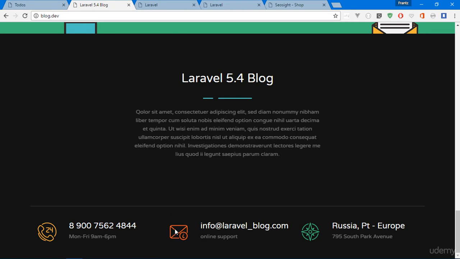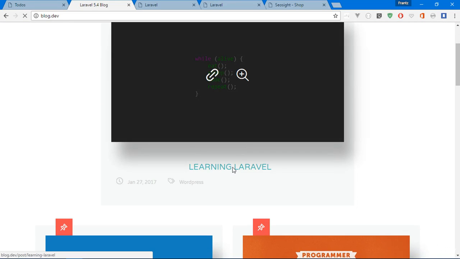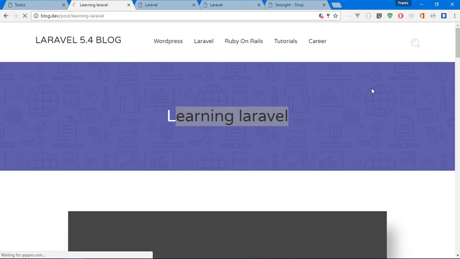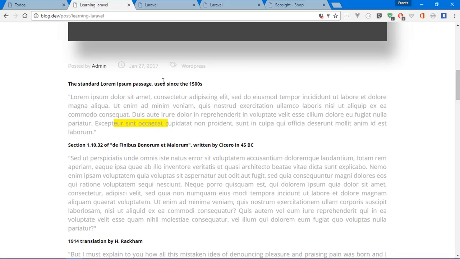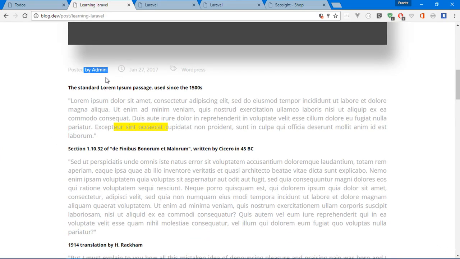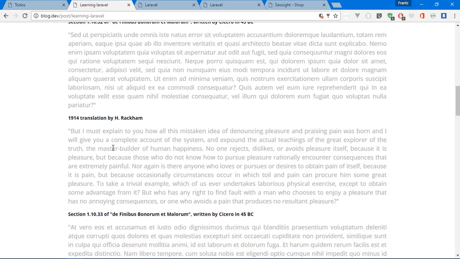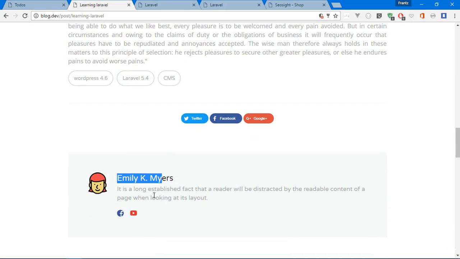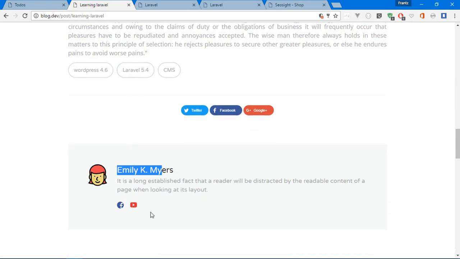So you're going to be learning how to create all this dynamic content. If I click right here to view this blog post, you discover we have the title, we have pretty URLs for search engine optimization purposes, we have the content right here, and we are using WYSIWYG editors. We have the creator of the post, because this blog has multi-user support, right? Many users are in the system and they can create posts, and right here we have the information pertaining to the user that created this post.